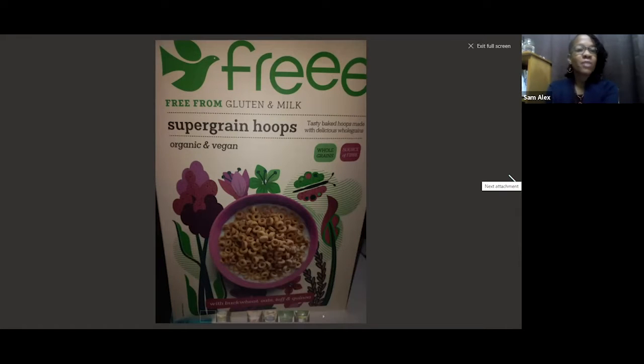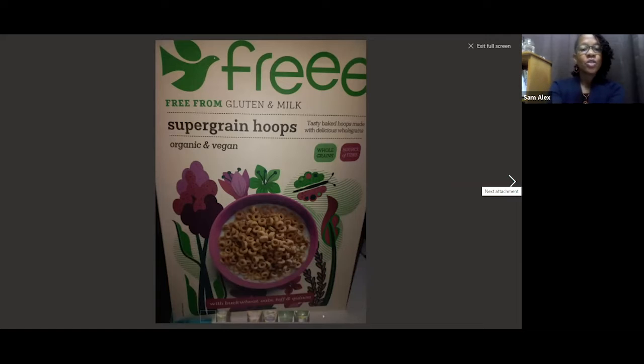Then it says free from gluten and milk. And again, this is in response to the marketing movements, food as medicine. Persons are looking for things that address health issues, persons who are lactose intolerant or vegan. We spoke of plant-based diets in the beginning of the presentation as one of the marketing movements to consider. And it says fortified food and drink.